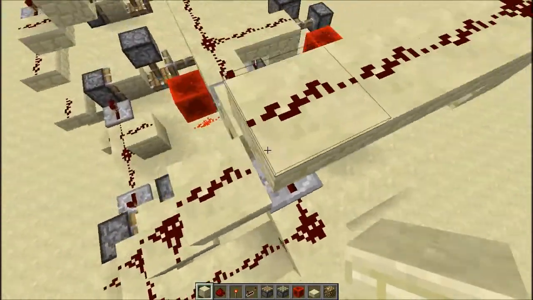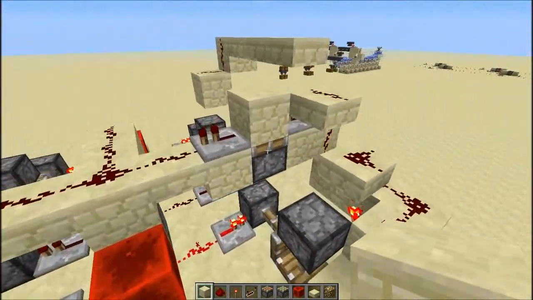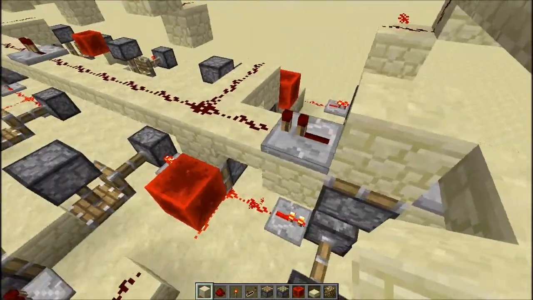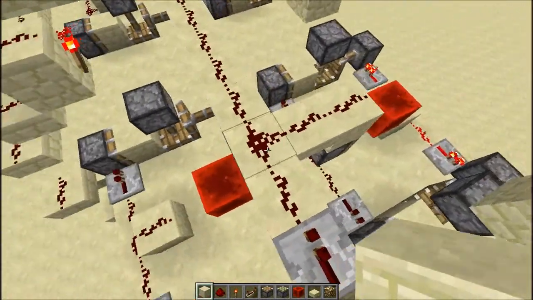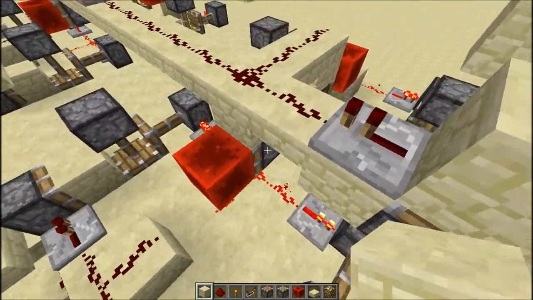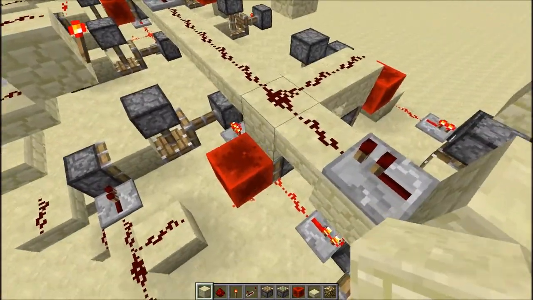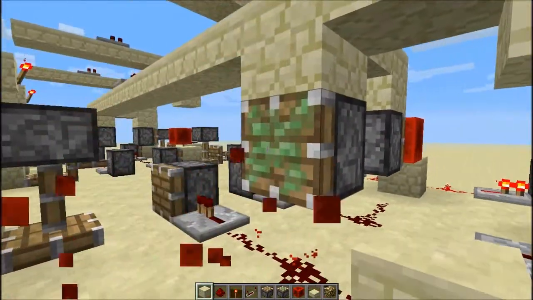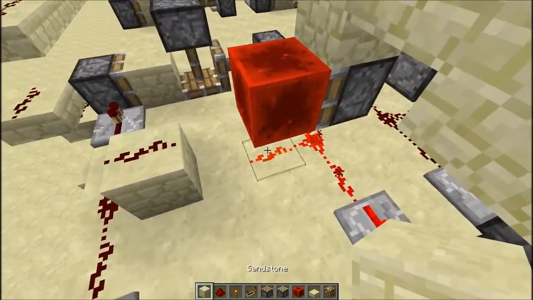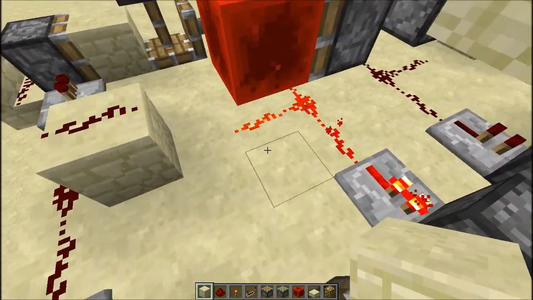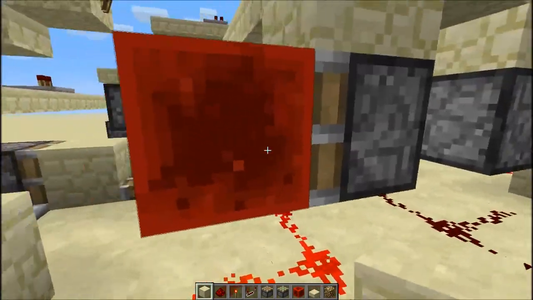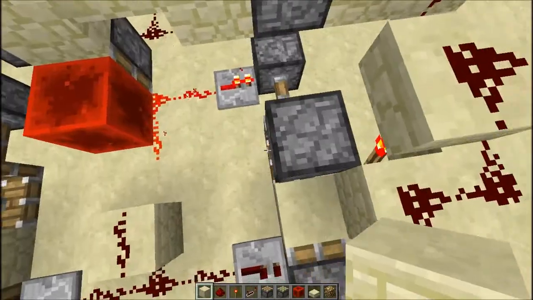Then the signal goes into a pulse shortener. This will shorten it to one tick, which then goes into a piston, which acts as a T flip-flop since it's a one tick pulse. Now this redstone block is powering the wire underneath it, and this redstone wire goes into these pistons to push it across. And if I just